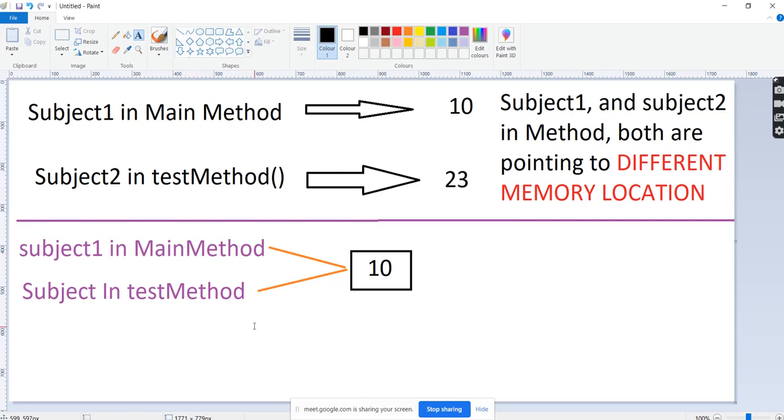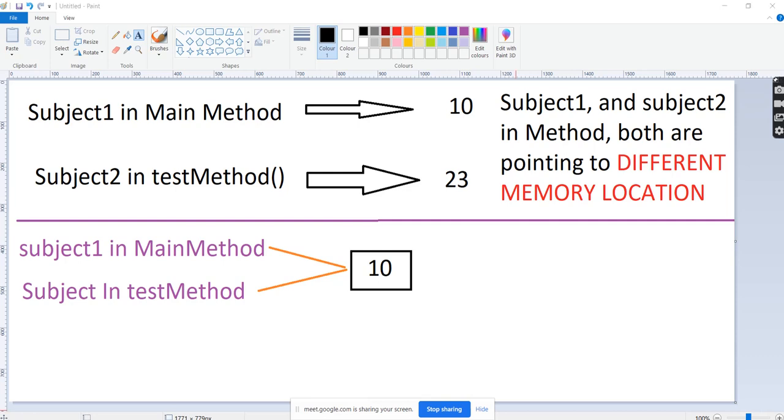So what we have to change there, we have to keep only one reference, only one copy. In the previous one, in pass by value, we are creating separate memory locations. One memory location for the main method, another memory location for the test method. So both are in different places. If you modify it in the second place, the first place is not going to reflect. So now I will create only one memory location, so whatever modification is done, it is easy to reflect.